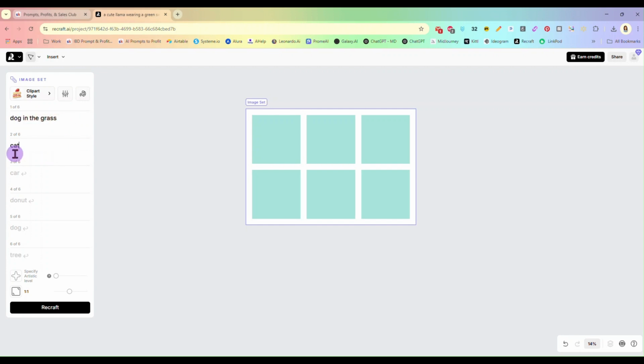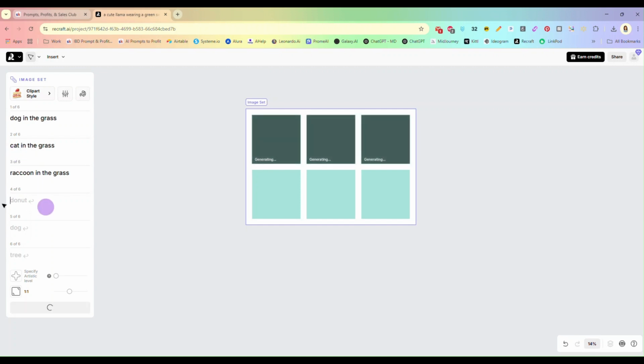And cat. And let's do a raccoon. And I just did 3 instead of the full 6, and it will generate, and these should all come out